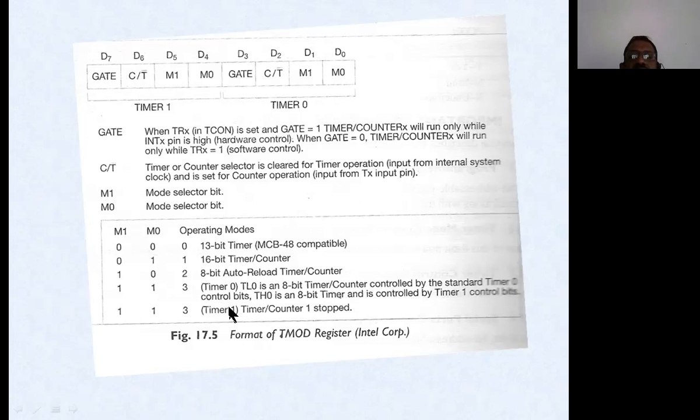So both the lower order and higher order timers can be controlled separately: TL0 is controlled by timer 0 control bits, and TH0 is controlled by timer 1 control bits, and then we use this particular mode of operation. So these are the various timing applications that we have in the TMOD register.